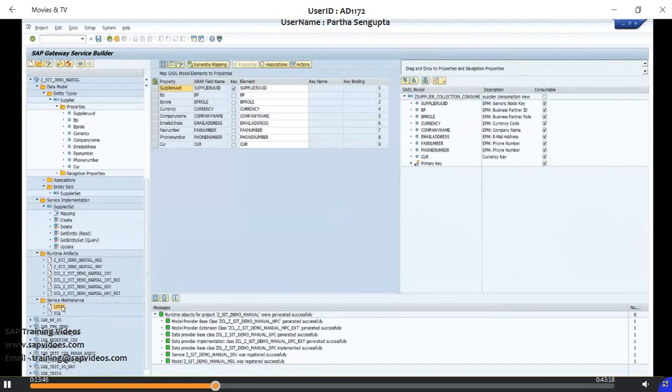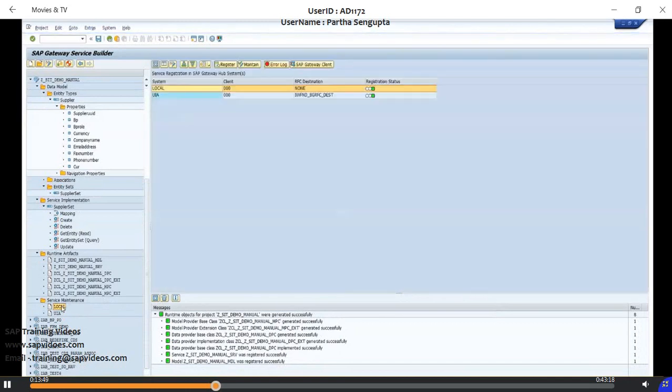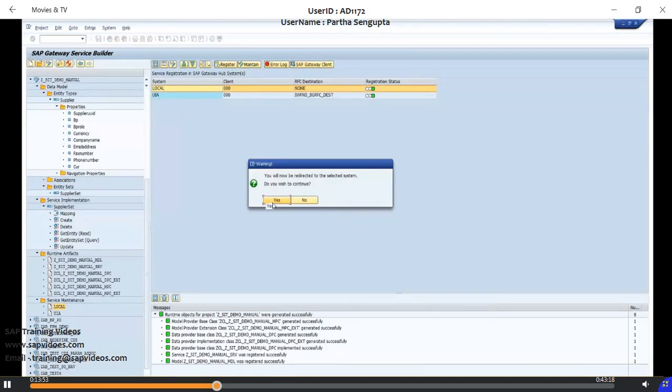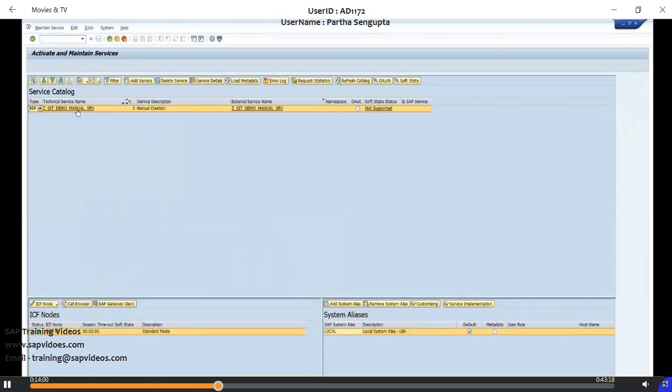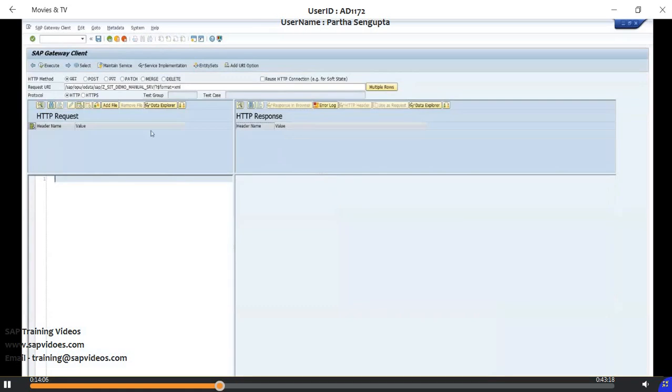And then you have to register your service. Maintain your service. Now registered. Now you have to maintain your service. As soon as you maintain your service, it will open activate and maintain service. You can open in the gateway client. So in the gateway client,